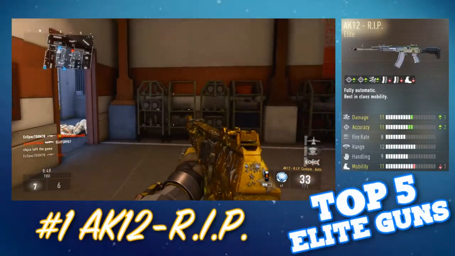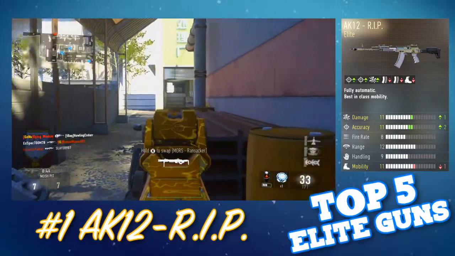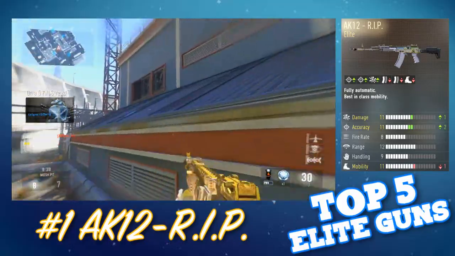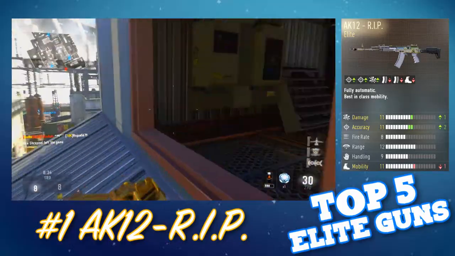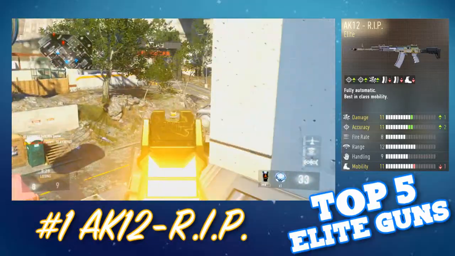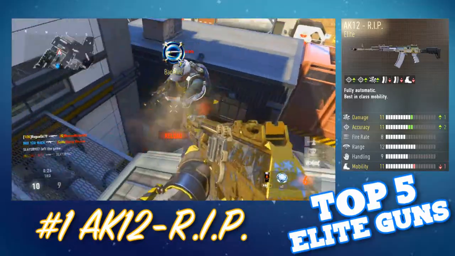Coming in as my number 1 favorite elite weapon in Advanced Warfare is the AK-12 RIP. Now I know I said I wanted to make this list containing different elite weapons that weren't overused by the public and that wasn't the obvious best, but the AK-RIP has a lot of reasons why it should be the number 1 gun. And I feel like the number 1 reason why is because it's the rarest elite weapon in Advanced Warfare. The reason why it's the rarest is because you cannot unlock this weapon through prestiging in the Grandmaster